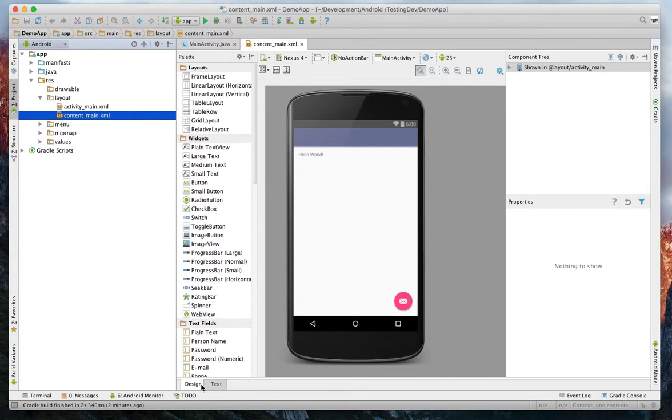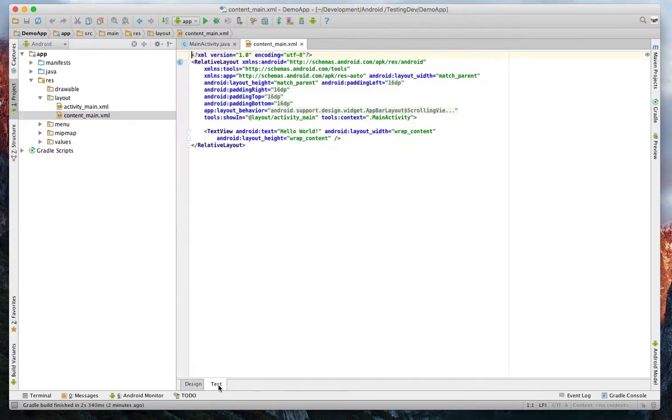So at the bottom here we have design view, which you see this nice pretty view of your phone. Hello world comes up automatically for you. This is new right here with the little mail icon. Before it wouldn't have a message icon at the bottom. Then you have this other one here, which is a text view. What's interesting is that Android development uses XML as its background, where iOS is a little bit different. They're not using the XML, but